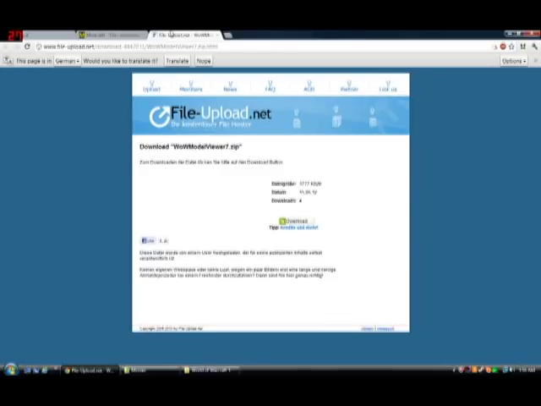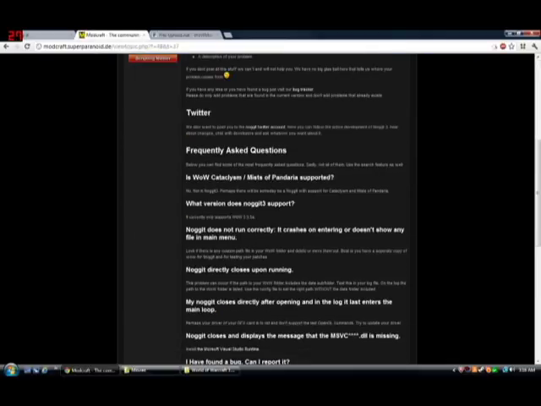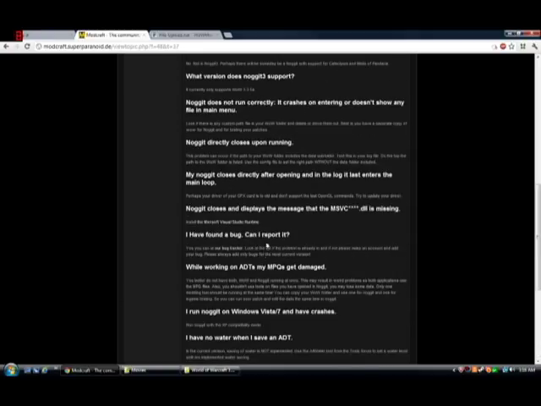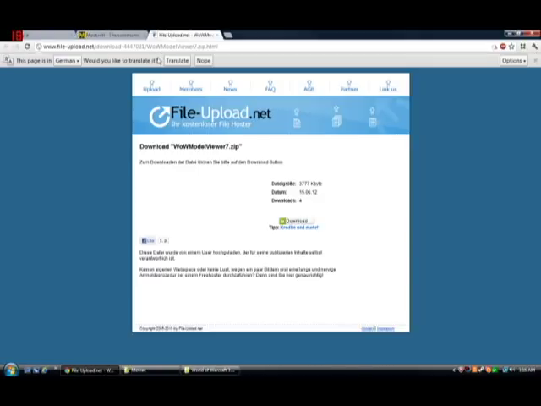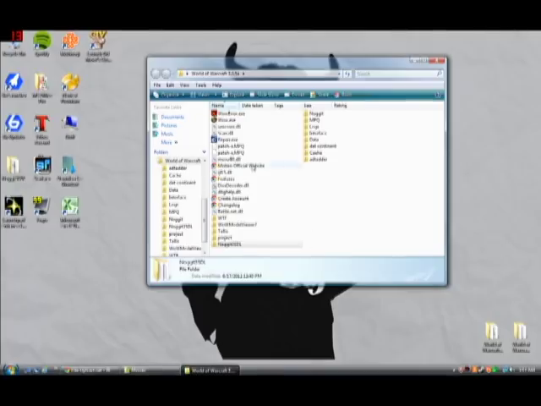Next thing you're going to want to get is World of Warcraft Model Viewer. Now this is a special build of World of Warcraft Model Viewer that's designed to work with Nogg-it, I think. It comes courtesy of Steph on the Modcraft forums, and it's in German, so it might be sort of hard to understand at first, but there's a language button up at the top. Once we get it all set up, I'll show you how to switch the languages. But download that, extract it right into your World of Warcraft 3.3.5a folder,